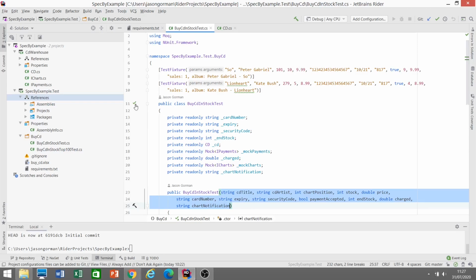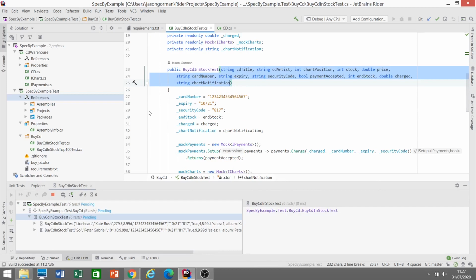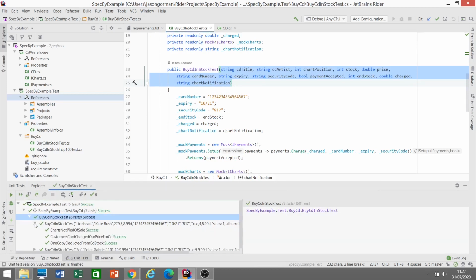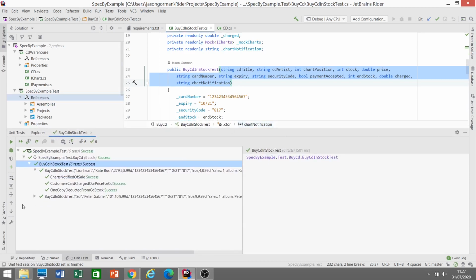So if we just run this test, you'll see there we've got essentially 2 test fixture runs, each with 3 tests. And you can see also there the data that was actually passed into that run. The data was literally copied and pasted